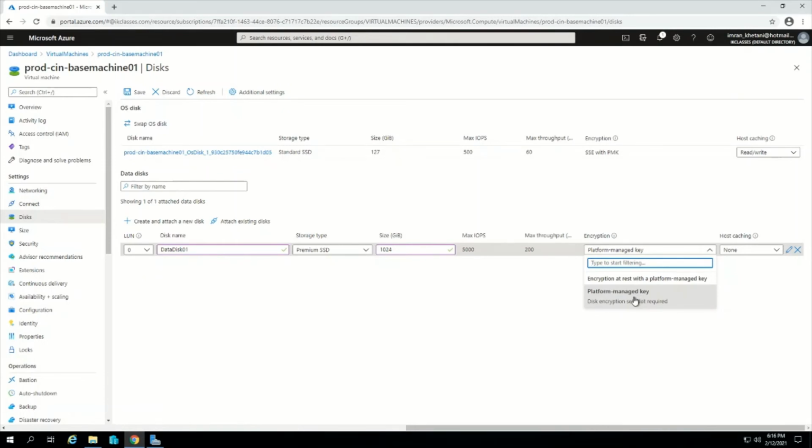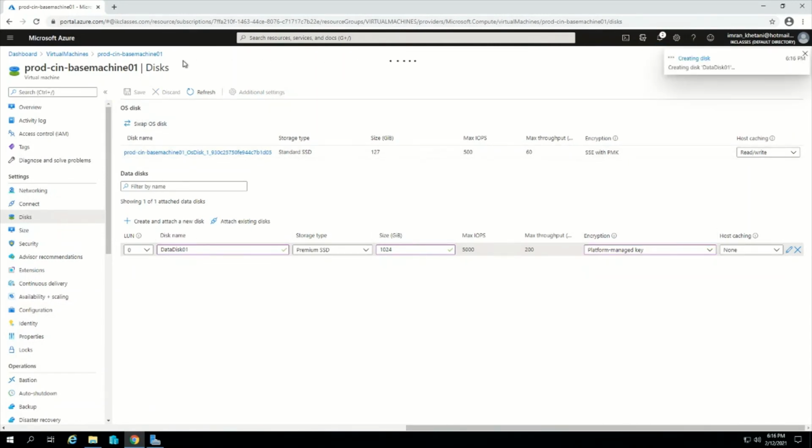If we create a disk and then attach it, you can see the different encryption types available. So I'll be selecting that, and then you can just save it and the disk will be attached. Let's save it. If everything is correct, the disk will be created and attached. It's a 1 TB disk, 1024 GB, right? So the disk is created, the virtual machine is updating, so we may see this disk in our virtual machine, right?